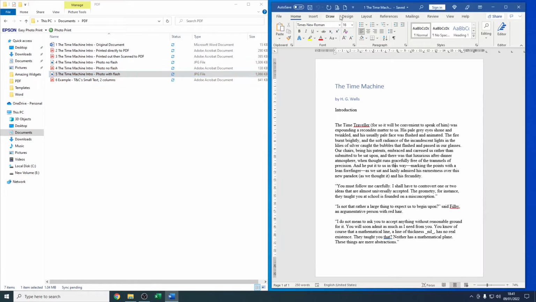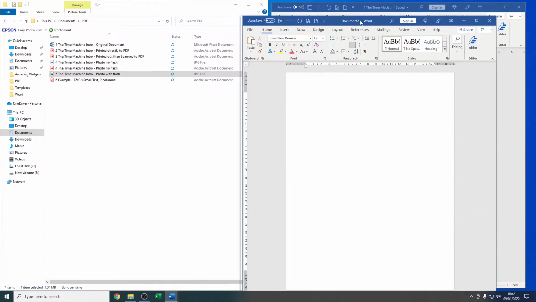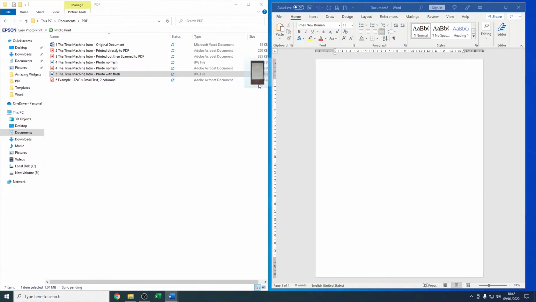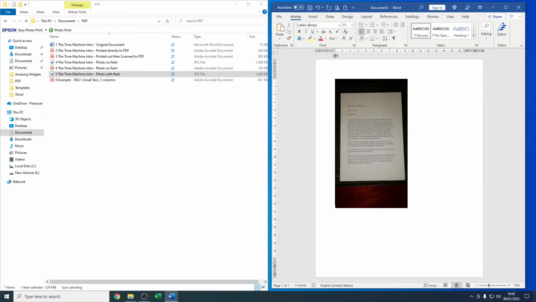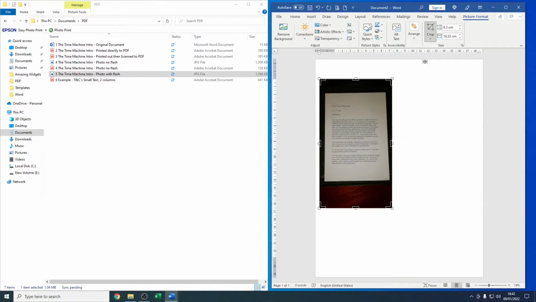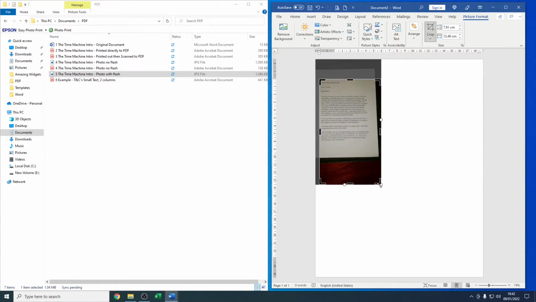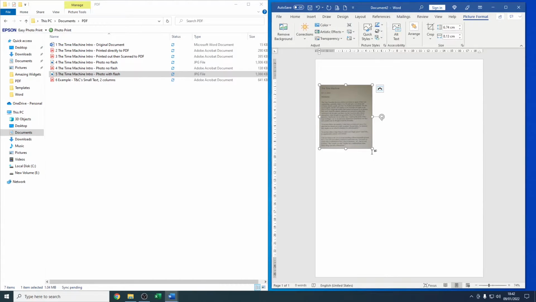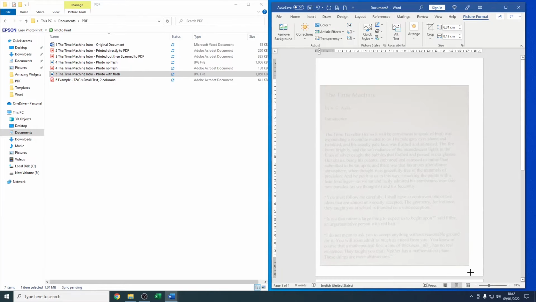Okay, so I'm going to create another new document. I'm going to drag the flash image over here. Let me widen that margin out. Bring you back. Okay, again I'm going to crop it. I'm going to take off all the unnecessary things, so just looking where the lines are going. And then just maximize it on the page, the size of it.